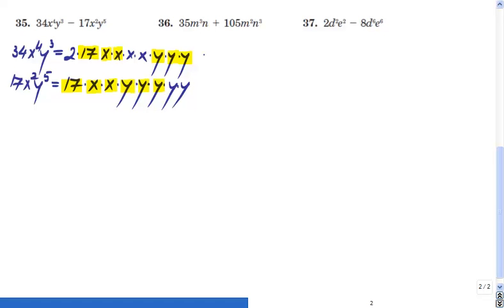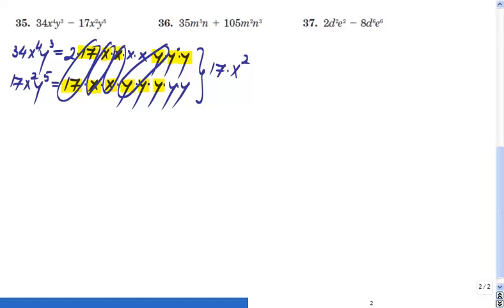Okay, now from here you can determine which one is your common factor, and it would be what? 17 times x times x, which is x squared, and y times y times y, which is y cubed, right? And what is left in here? I have 2 and x squared in the first one. So basically I can write